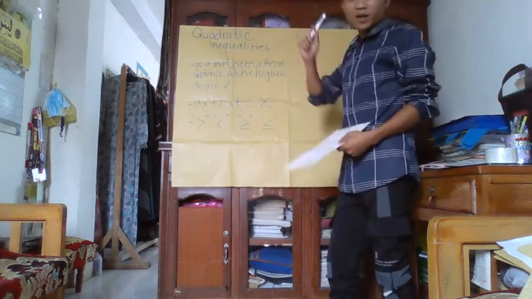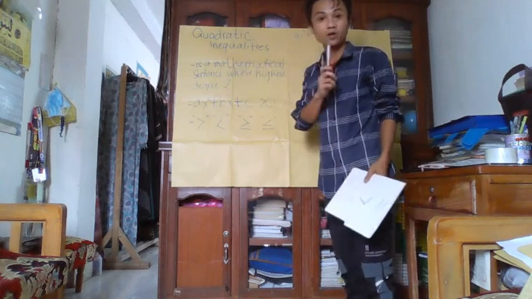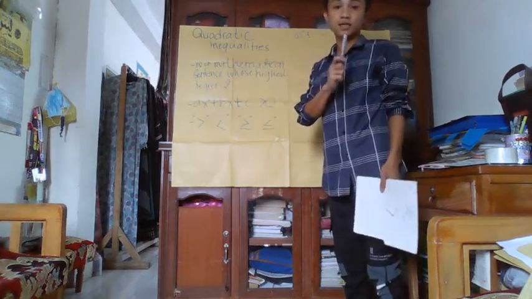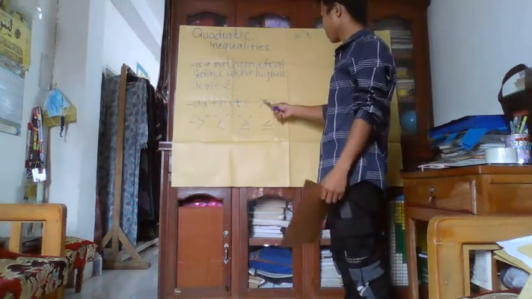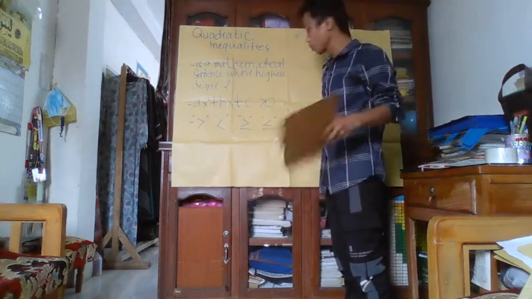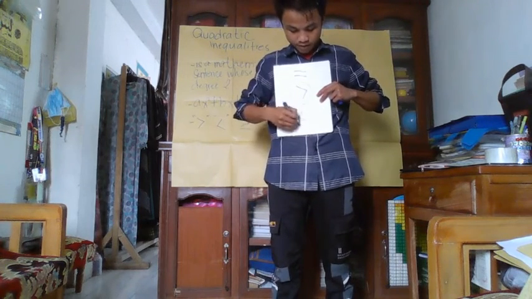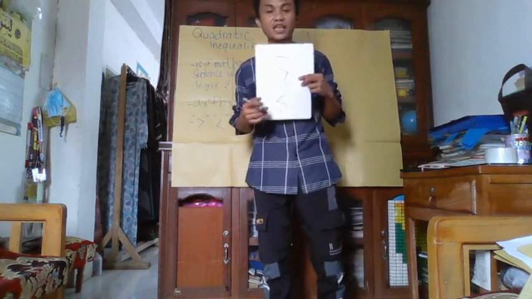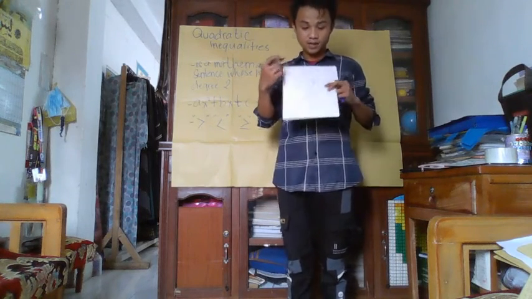So, a quadratic inequality, class, is a mathematical sentence whose highest degree is 2, same as a quadratic equation. But the difference is the symbol. In quadratic inequalities, symbols like less than or greater than are used. So, remember class that quadratic inequalities